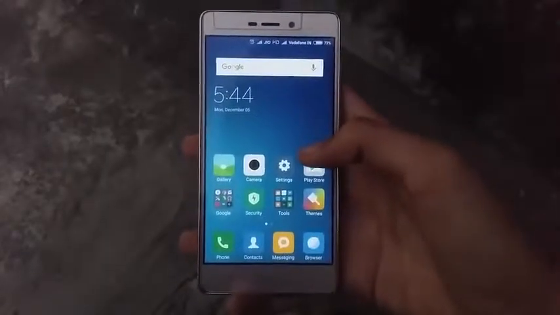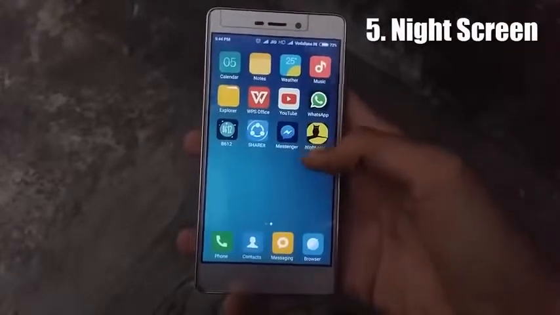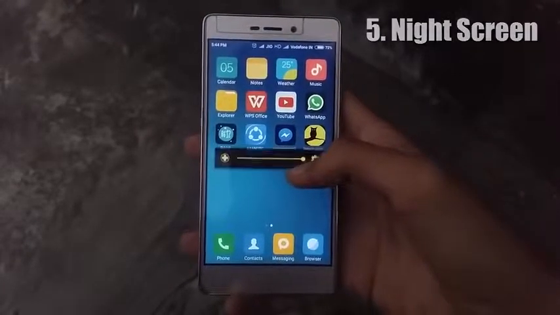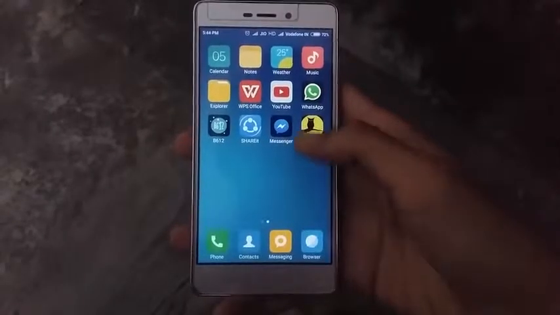And the last feature I have for you is the night screen. Don't you feel bad when your mom shouts at you when you're using your phone at night? This app can reduce the brightness of your screen lower than what you can achieve with the default settings, and you can download this app from the Play Store for free, with only 1 MB of size. So definitely a really useful app to try out. Be a pro, don't hurt your eyes when you're using your phone at night.